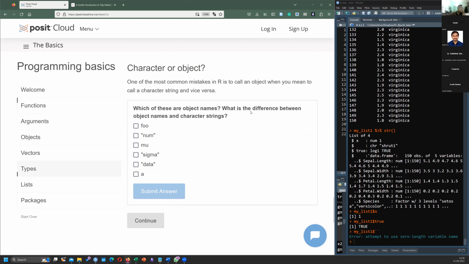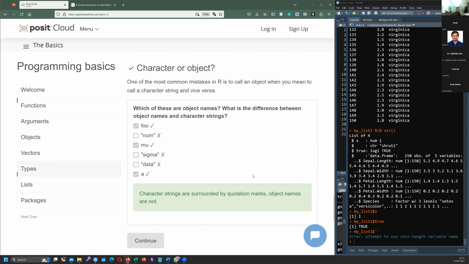What is the difference between object names and character strings? Which of the following are object names here? Foo, mu, a. We made that mistake, we did not look at the quotations around.